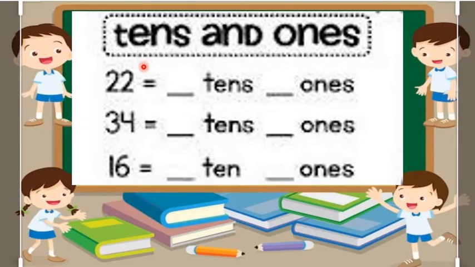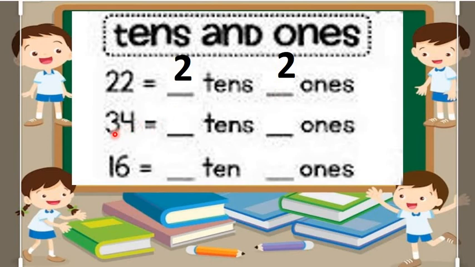You understand the concept? Want to make more practice? Look, these are also tens and ones. We have number 22. How can we separate it? First of all, we have to write 2 tens, and which number stands on the ones place? There stands number 2. Write number 2 at the ones place. 2 tens and 2 ones.